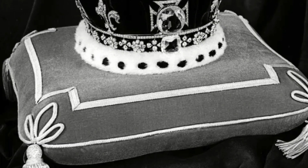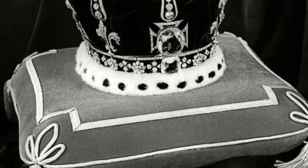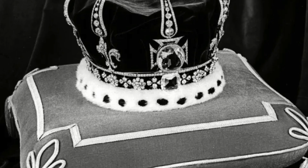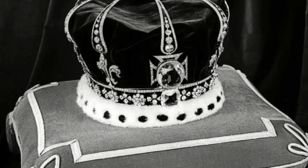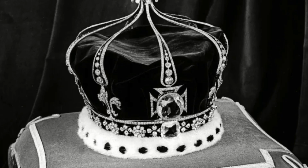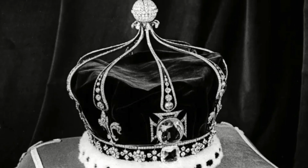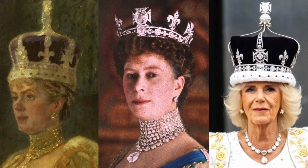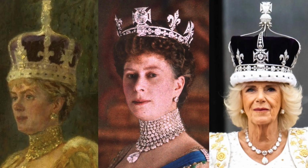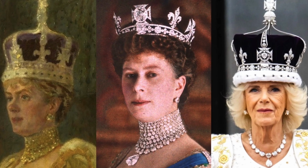The Crown of Queen Mary. The crown of Queen Mary, an exquisite piece of royal jewellery, holds a significant place in British history. Crafted in 1911 for the coronation of Queen Mary of Teck, it symbolises both the splendour and the continuity of the British monarchy. As a consort crown, it has a unique role, having been worn by Queen Consorts during key